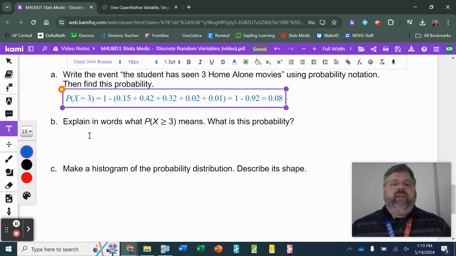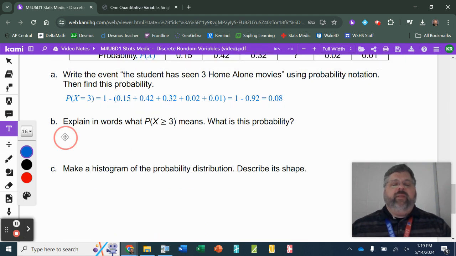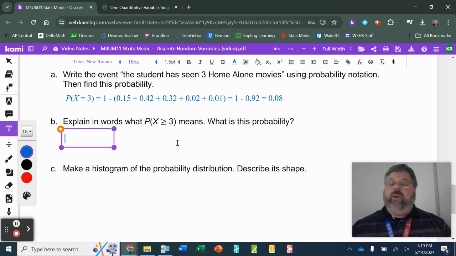Moving on to part B, explain in words what the probability that X is greater than or equal to 3 means, and what is this probability. What this means here is, again, X is talking about the number of Home Alone films the randomly chosen student has seen. And since it says greater than or equal to 3, we're talking at least 3 or more. So that's how I'm going to translate this. So the probability, because again, we're talking probability, that's what that P means in the front. The probability that a randomly